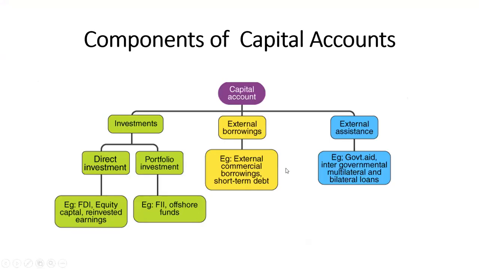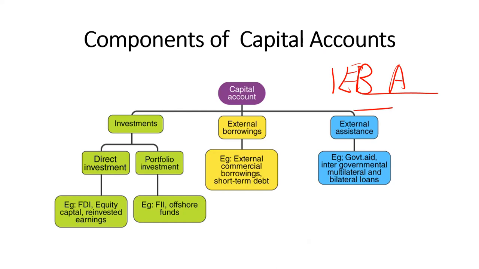Then what are the components of the capital account? Let's see. That is investment, external borrowings, and external assistance. You can remember it like this: IBA. Like IDA is there, na? International Development Association. We will discuss it soon. Don't worry. But here we have to remember IBA, or IEBA. That is what? Investments, external borrowings, and external